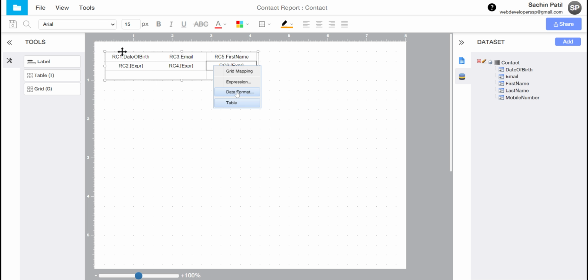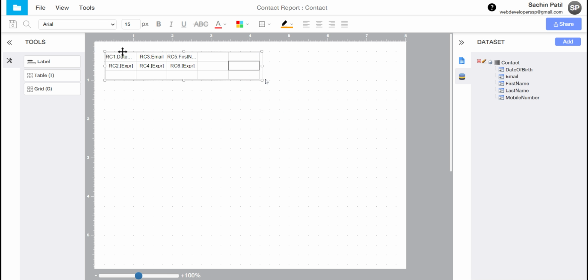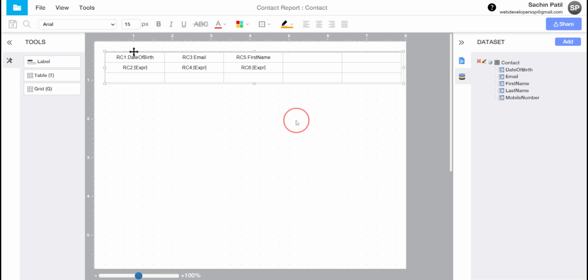It's up to you what you can do. For that, I'm adding some columns on the right so that I can show you properly. Let me do some resizing. Okay, so it's almost in the middle. Let me do some changes here. Okay, I'm showing you here how to do it.